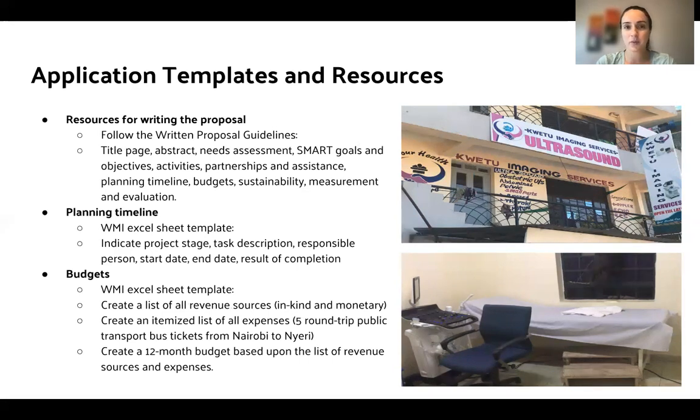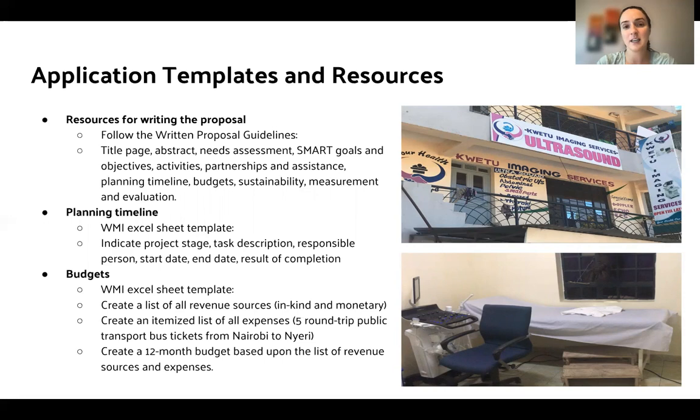What's very important with the budget is that you list all possible expenses that you are planning to incur for your initiative or your business or your NGO, CBO, community service event or project. In addition, make sure everything is itemized.